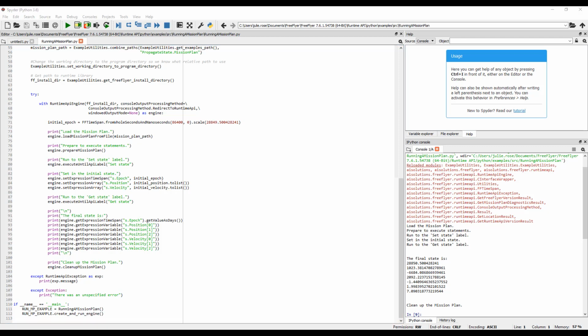So it's great to see that this application is working the way that we'd expect. We're interfacing with FreeFlyer just the way that we planned. But the mission plan is honestly a little bit boring, so I want to jazz it up a little bit and add some output. So I'm going to go back over to FreeFlyer,